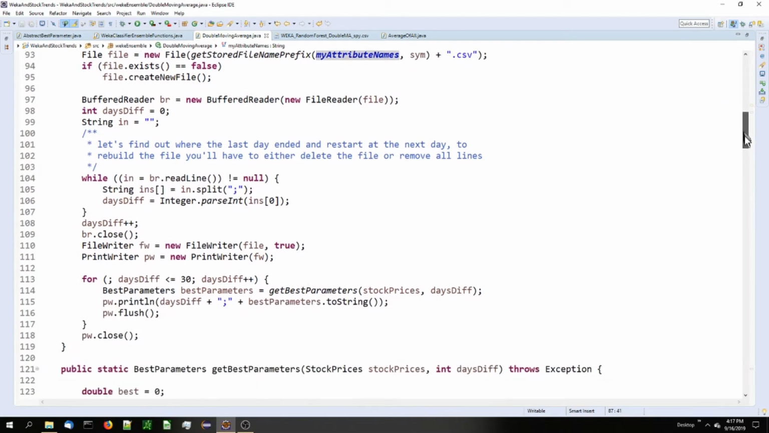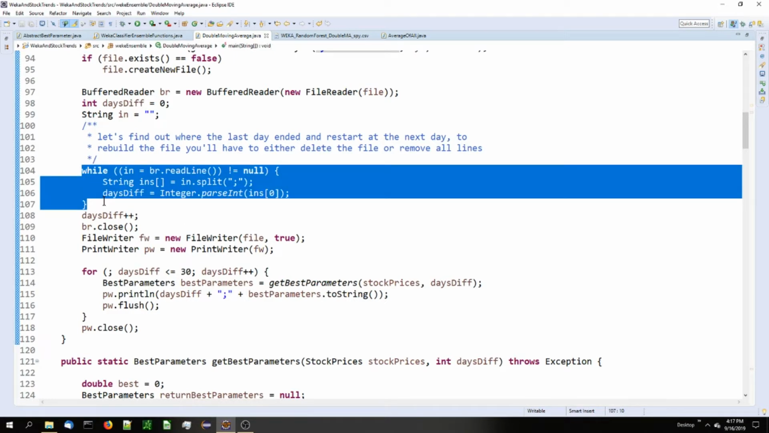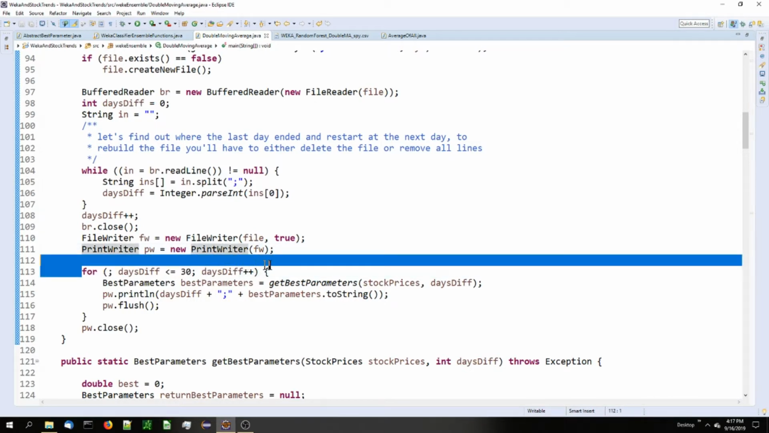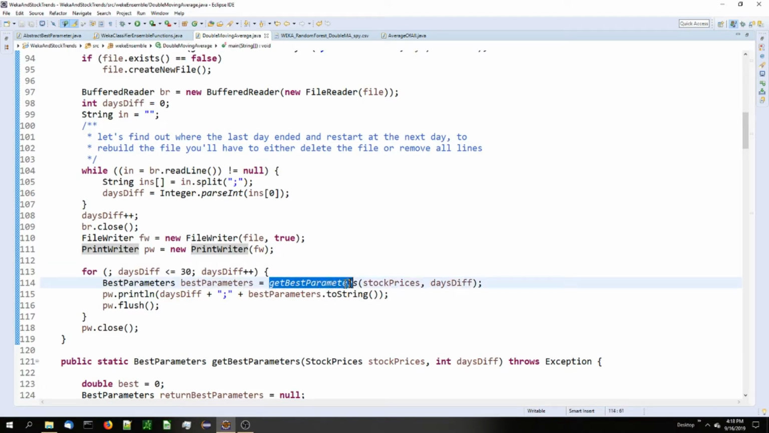One of the things that I do in this code is I actually read the CSV file to see where I stopped the program running, because some of these classes, when they run, can take more than a day. So I'll stop them to do something else on my machine, and when I restart, it will read through the CSV file, find out the last day it stopped at, and then pick up from that point. And then we actually call the best parameters, which is a static method below, where we pass